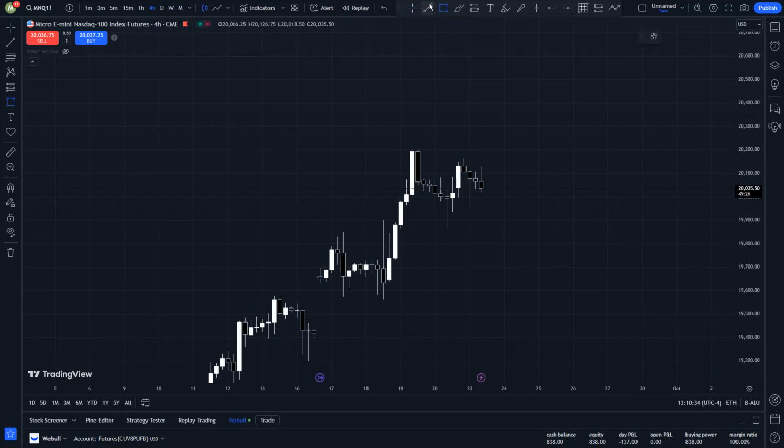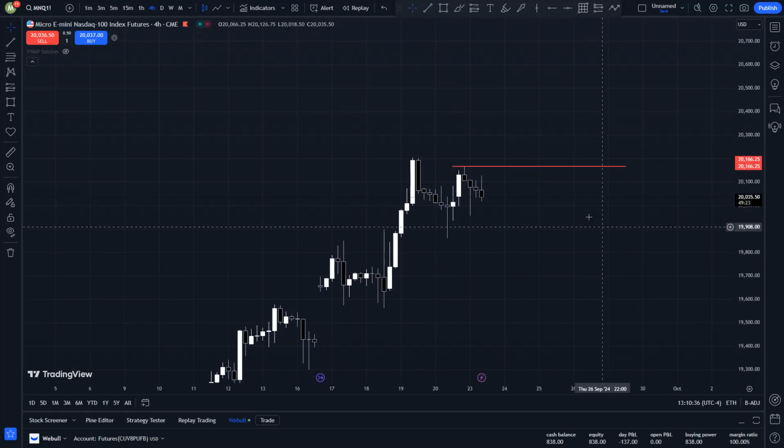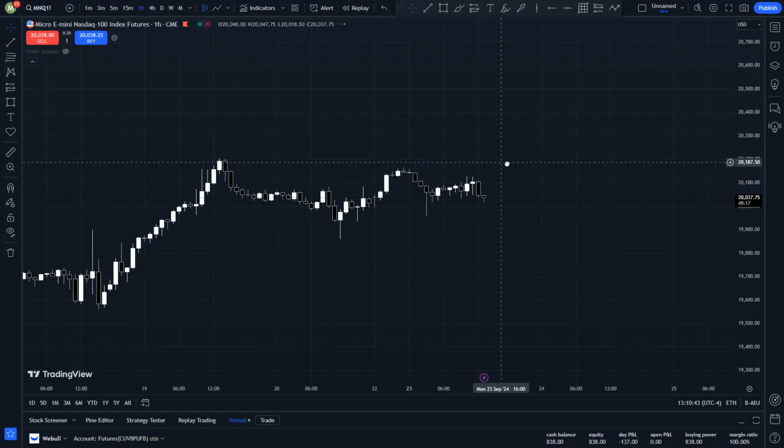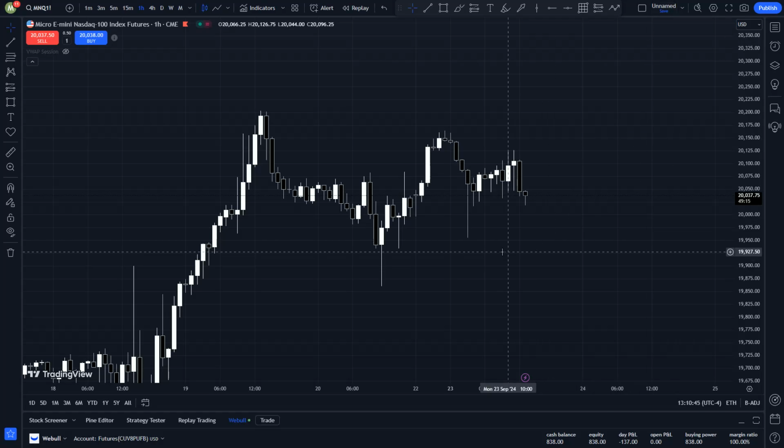Rejecting off the 4 hour, I kind of expected us to go at least some way high, probably like take out this high and this high. This is just 4 hour analysis, right? Mainly let's go into the 1 hour. This is where I look for internal liquidity. I like to trade internal. So within here,